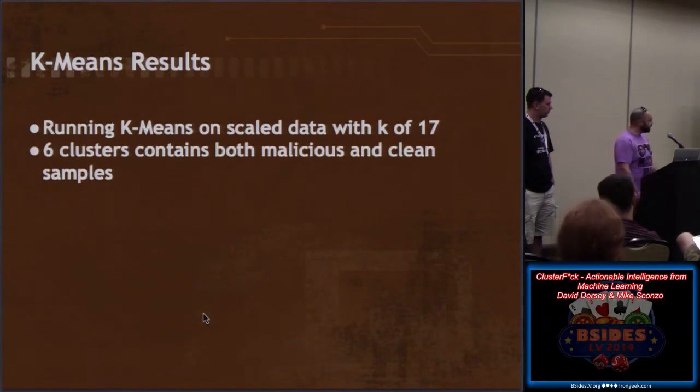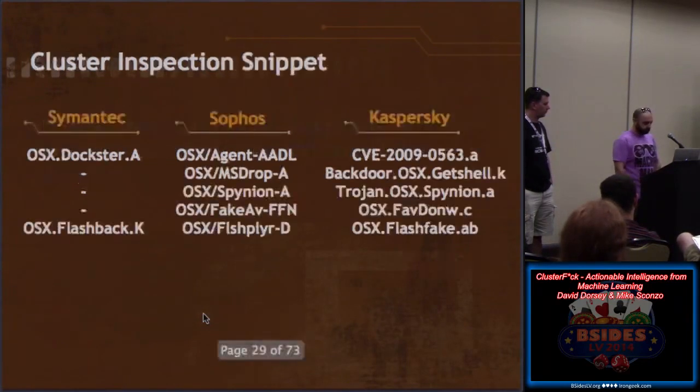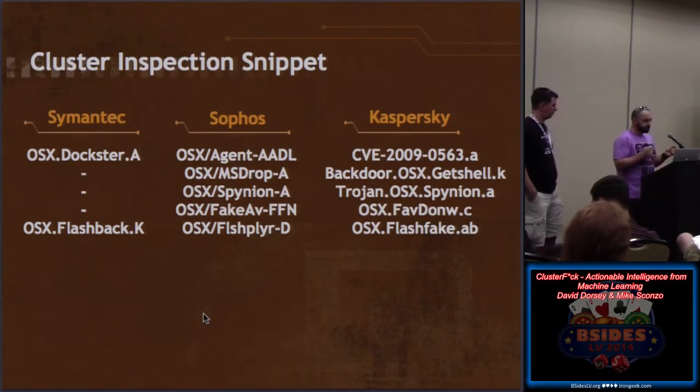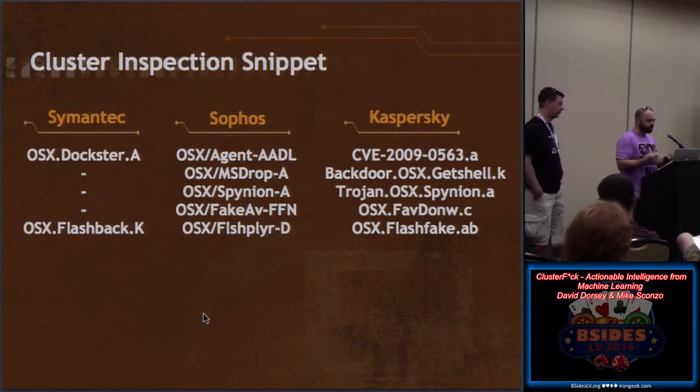So out of the 17, 6 had both malicious and clean. Fairly decent. Nothing totally earth-shattering. But it's nice to at least see consistency among the various algorithms, and that's why we chose to do a handful of them, to do a bit of a survey and say, all right, is one algorithm going to be better at file clustering? Is one going to be worse? Does it make sense to use a conjunction of both of them?